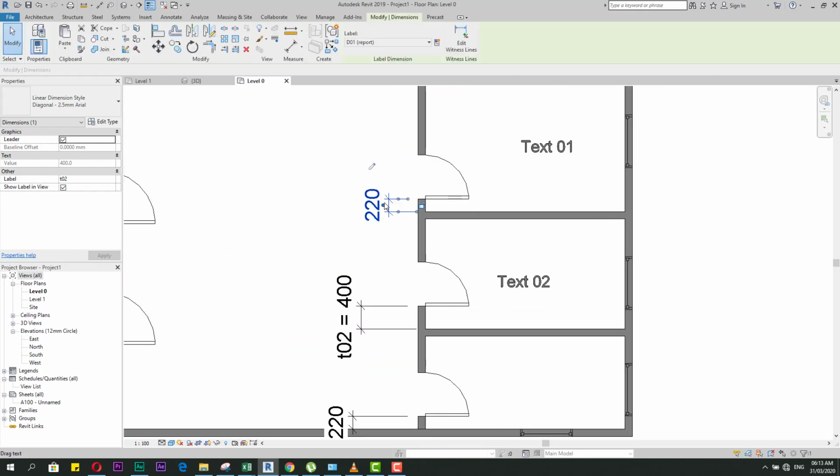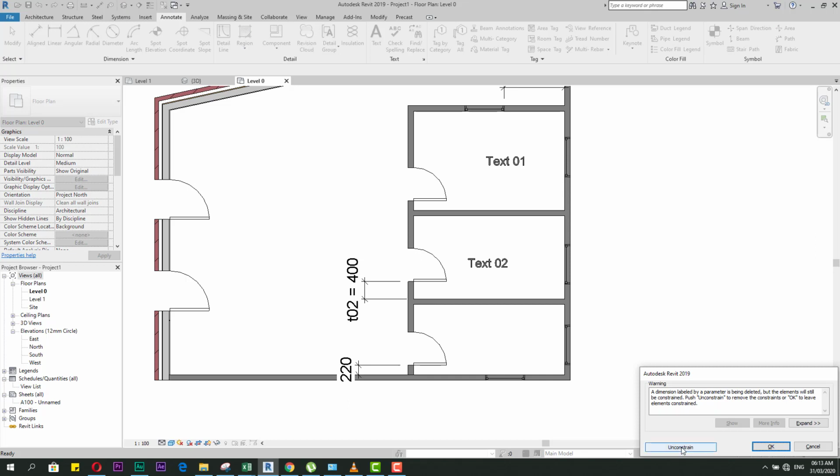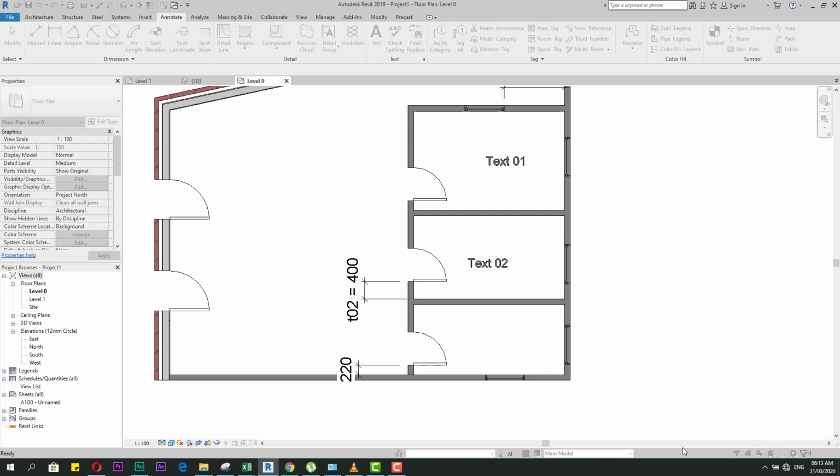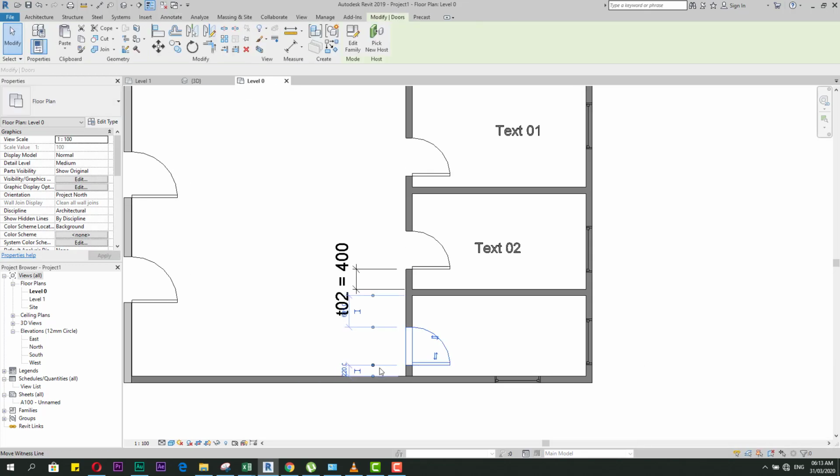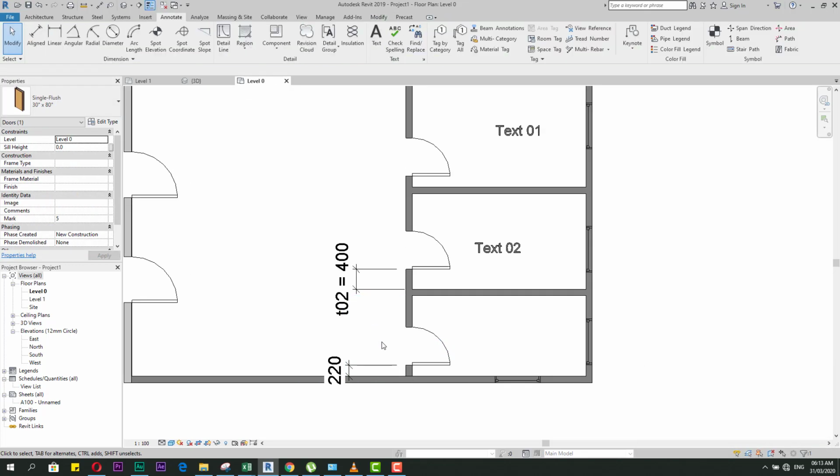So I delete from this. I make unconstrained. Take care, when I delete it gives me a message. If I press OK, this means I will delete the dimension, but the constraint is kept. If you unconstrain, it makes it unconstrained. I need to make it unconstrained also. After this I will make this